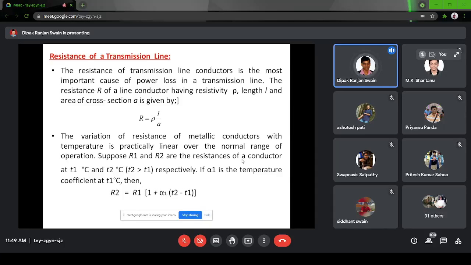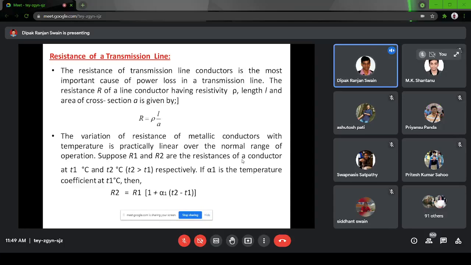As I have told, the calculation you will be doing like this. Generally, this is not done because the resistance value is directly given in the problem. When you solve, you will get the resistance value mentioned there. You don't need to write rho L by A, but for your knowledge, resistance is calculated as rho L by A, depending on the cross-sectional area, the length of the conductor, and the resistivity of that material. You will be calculating the resistance of the transmission line.